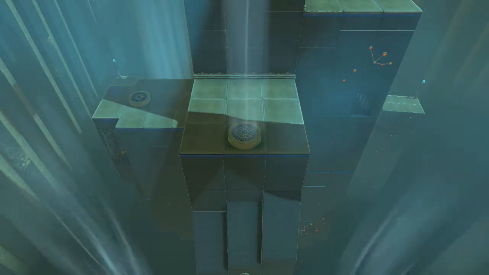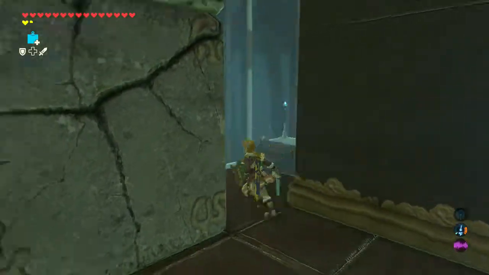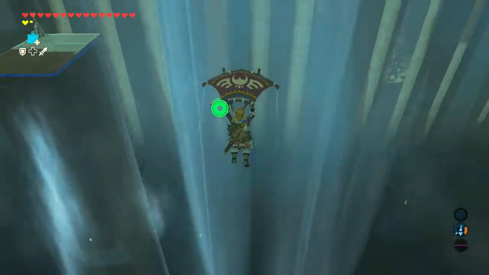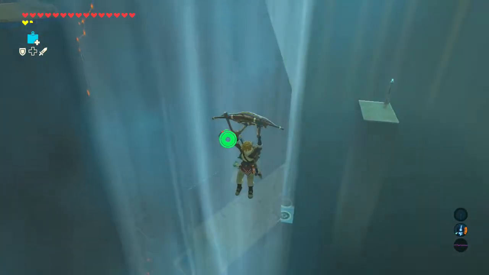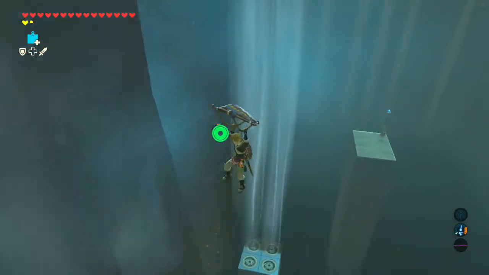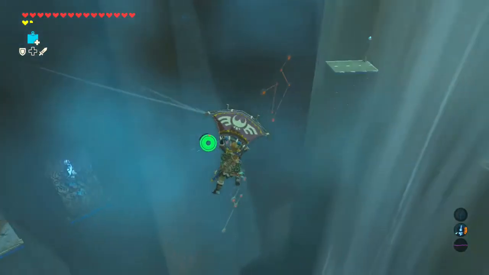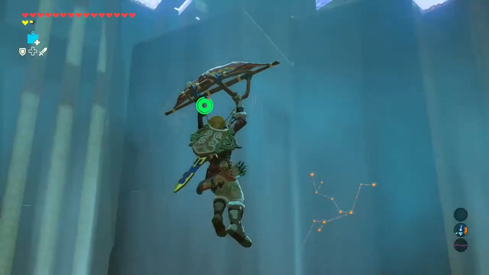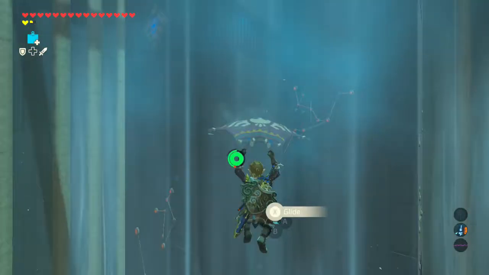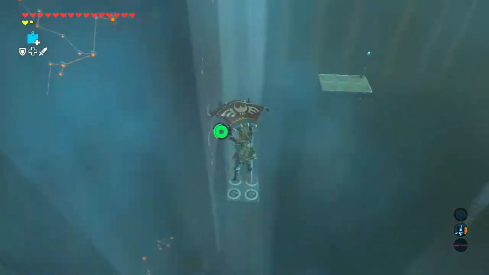So, something I'd like to say immediately, right off the bat, is I love this shrine. This shrine is challenging, it's interesting, it's fun. There's not a single part of this shrine I find to be annoying or uninteresting. All of it is fun. And it kind of brings up this other thing I have to say about the shrines later in The Legend of Zelda Breath of the Wild, specifically in DLC Pack 2.